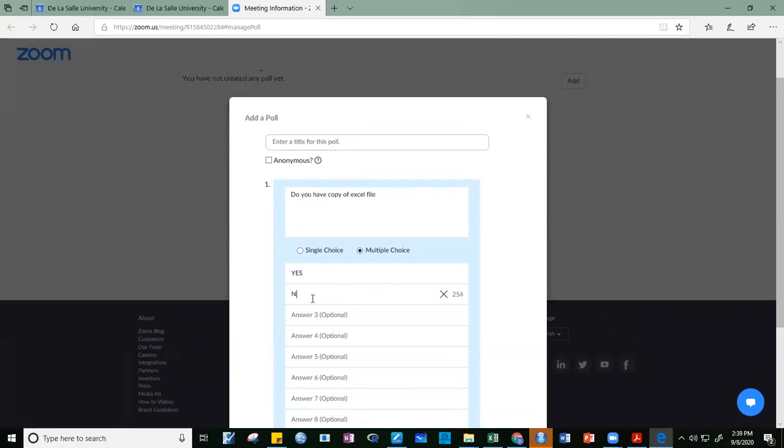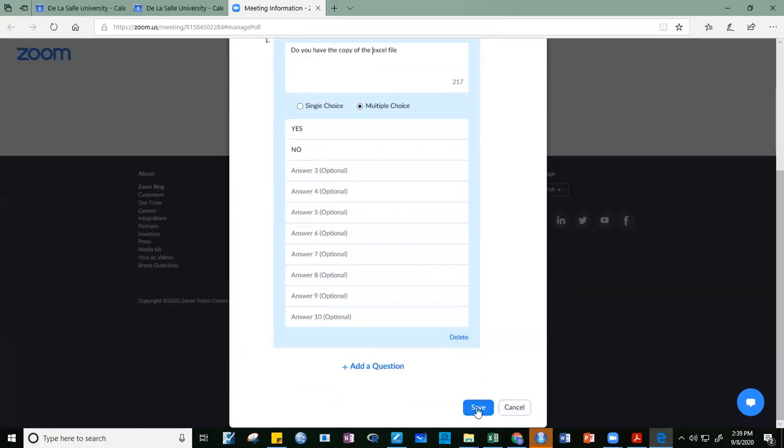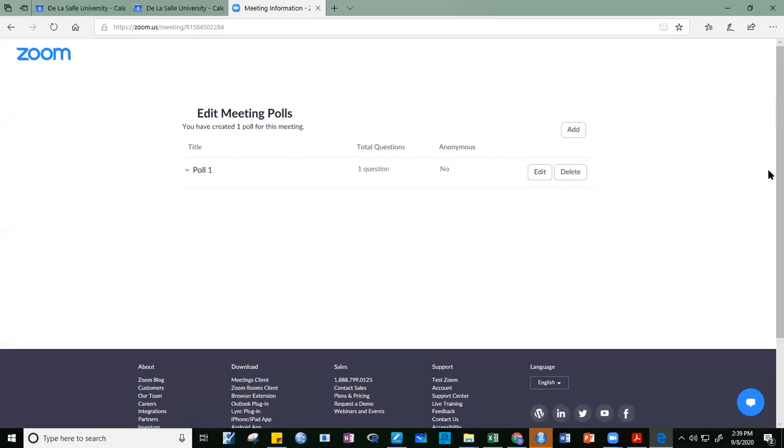Let me try this. Let me try. First time kong ita-try itong poll dito. Did you receive a poll question, guys? No, sir. Wala po, sir. Ano kaya to? Ang hirap ng poll sa Zoom eh. I haven't tried this. Anyway,